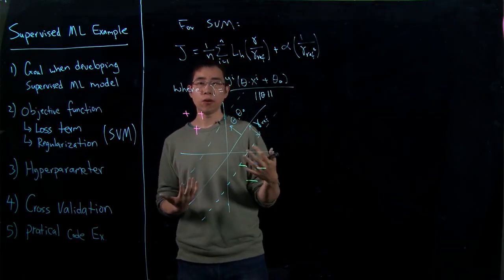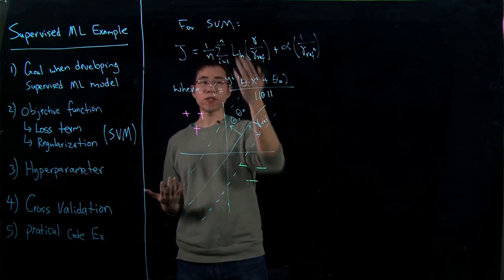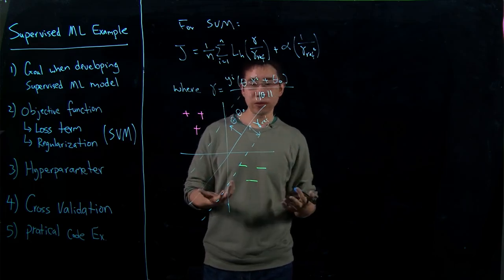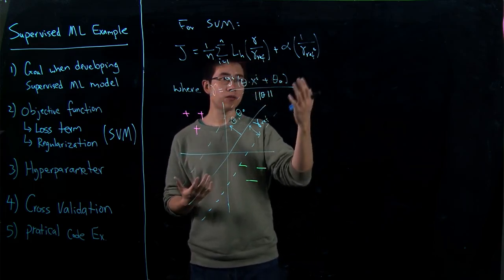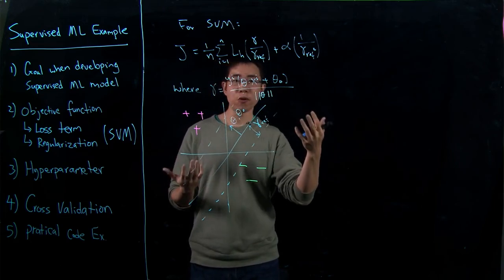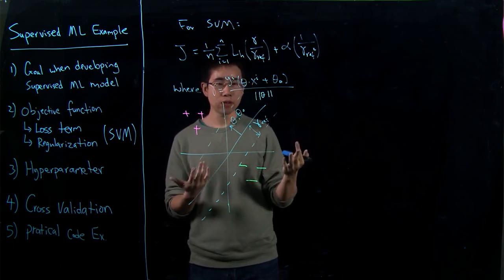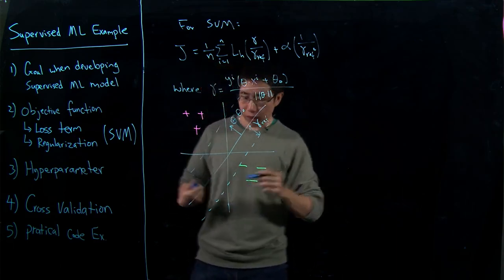Okay, so we have seen that for the support vector machine, gamma ref is actually just the margin of our decision boundary. So how can we actually write gamma ref in terms of things that we know, in terms of theta and theta naught? Well, to answer this question, let's first observe that we can actually